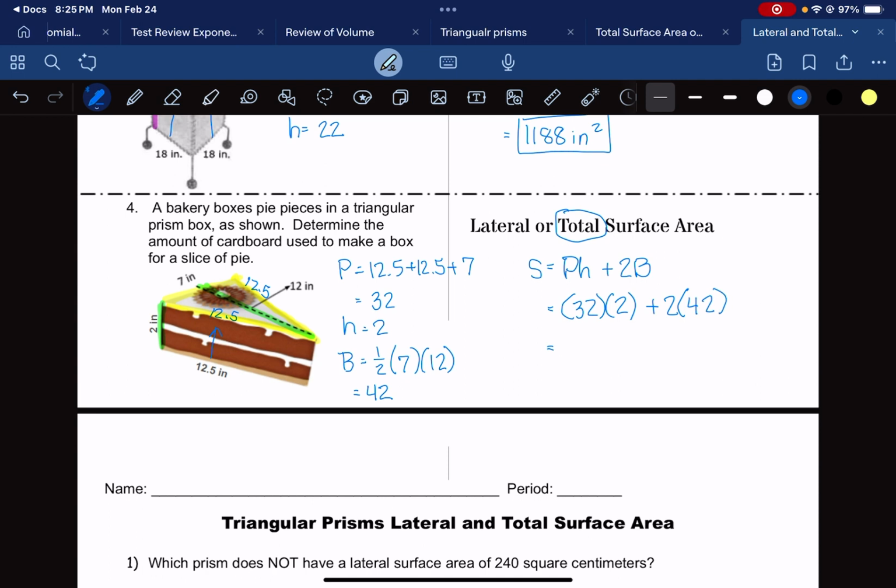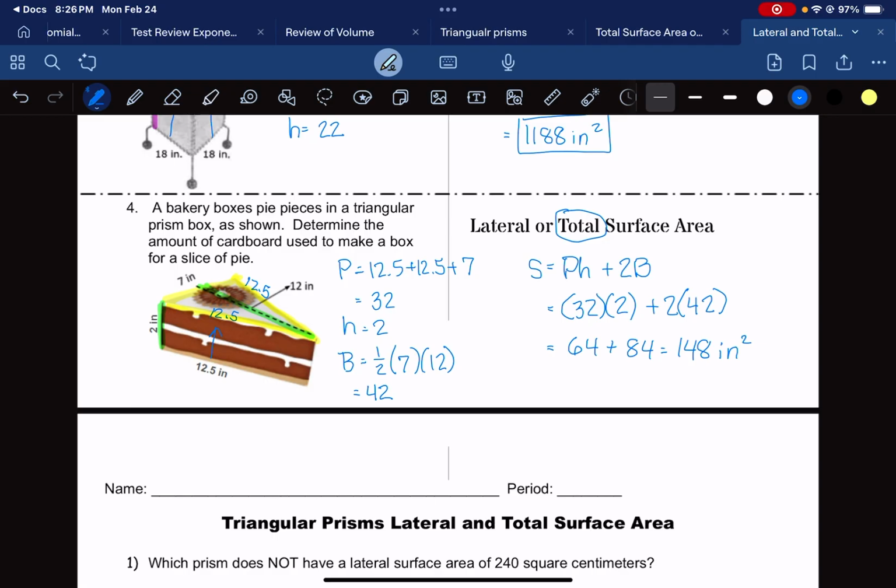Well, 32 times 2 is 64. And then 2 times 42 is 84. And if you add them, you get 148 inches squared. Now, guys, if you didn't understand some of this, please rewatch it because you're going to be working the